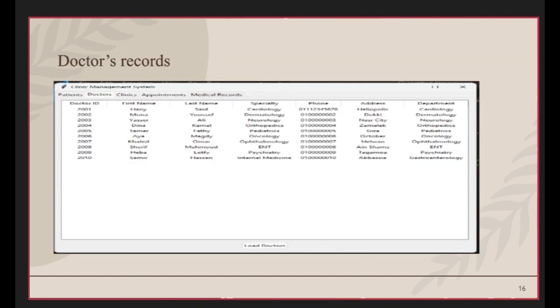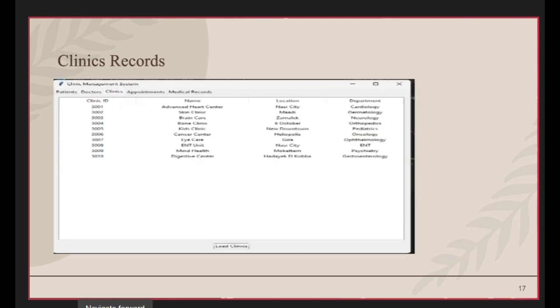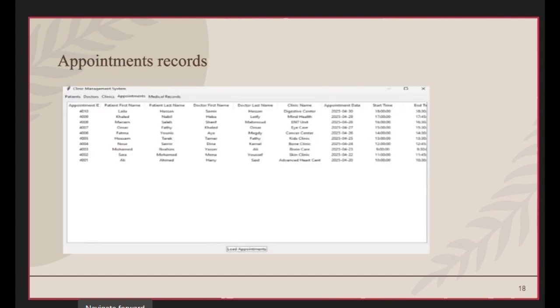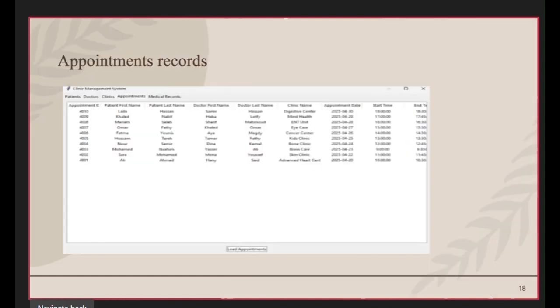As you can see, these are the names of all the doctors and all the specialties that can be in the clinic. Next, and this is the clinic's records. Next, and these are the appointment records. And as you can see, it gives you very detailed information about the appointment. Next,